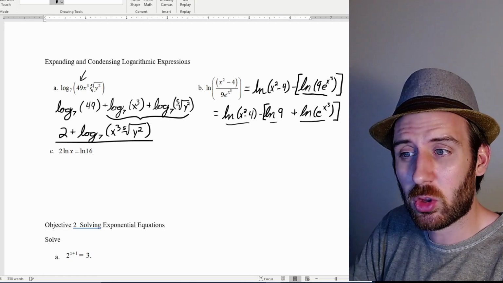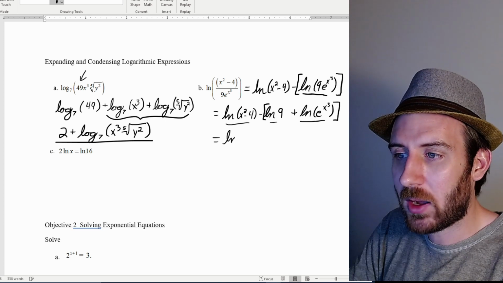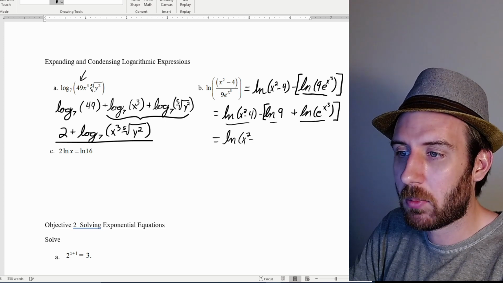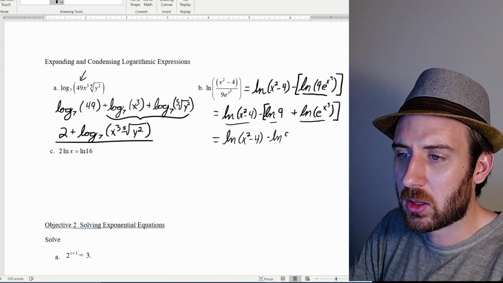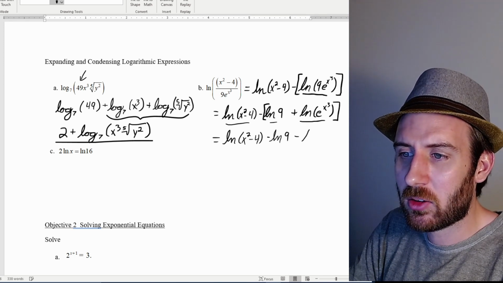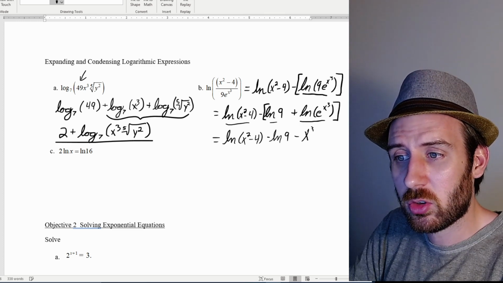This next part looks good. I want to get at that e. There's a power. Well, we have a shortcut for the power. That'd be a natural logarithm of x squared minus 4 minus, maybe I'll distribute this out because the brackets are annoying me, natural logarithm of 9 minus the, I could take the power to the front, that'd be x cubed